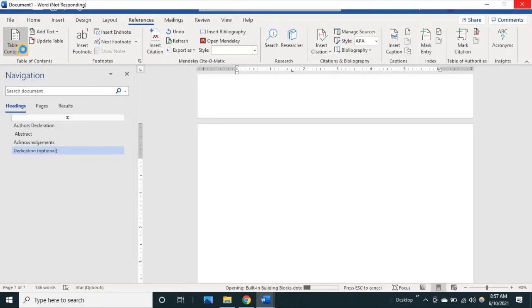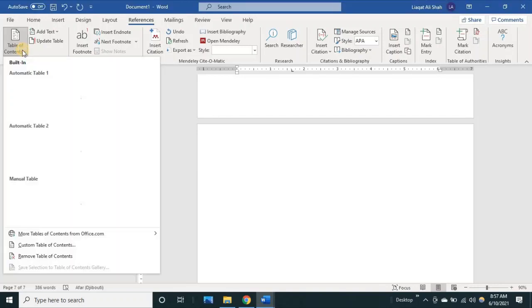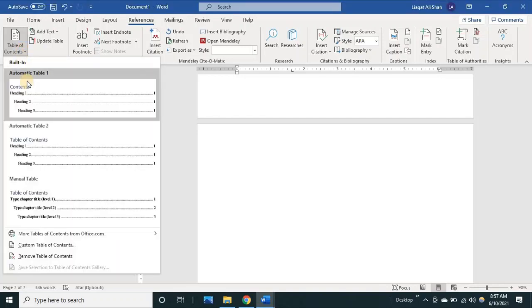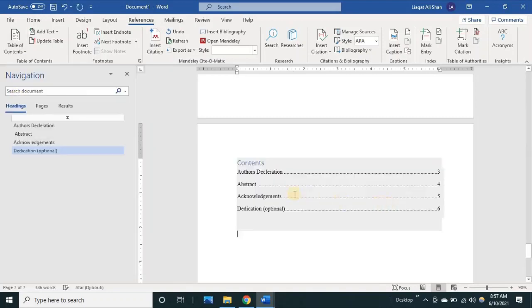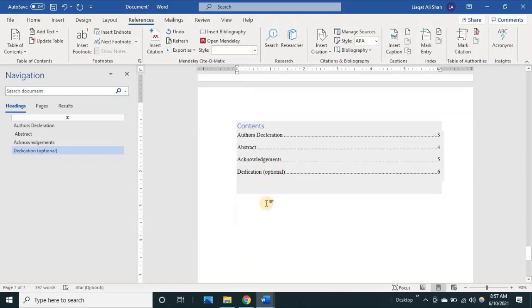If you have not selected any heading 1, then there will be no table of contents. If you have selected your headings, then here you can select. You can see that this is our table of contents. Now we will update it when we finish our thesis or report, and it will update automatically.